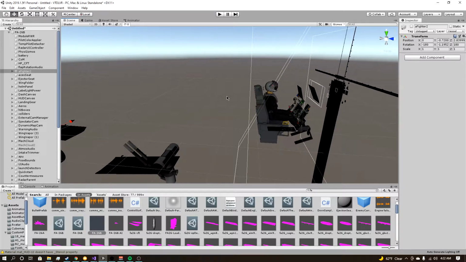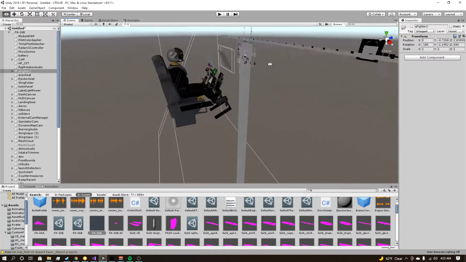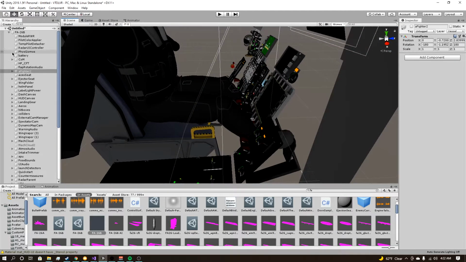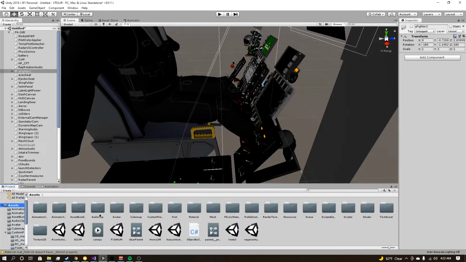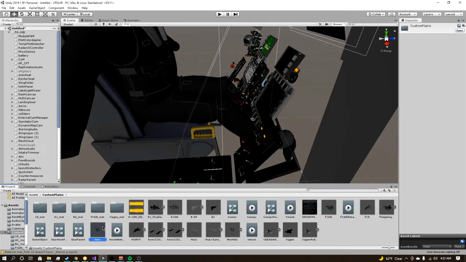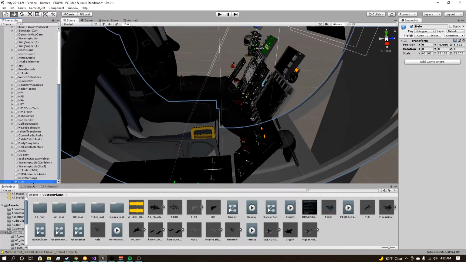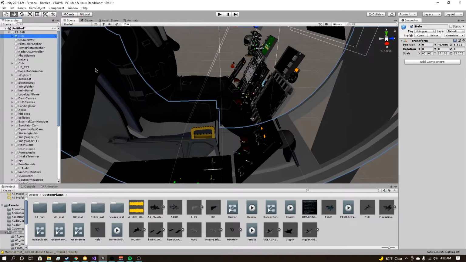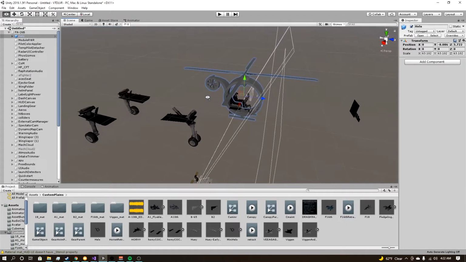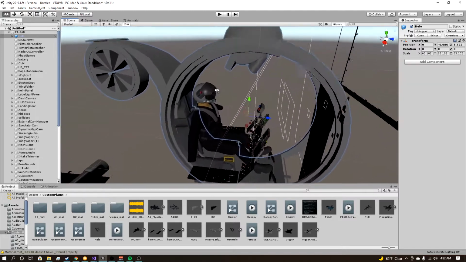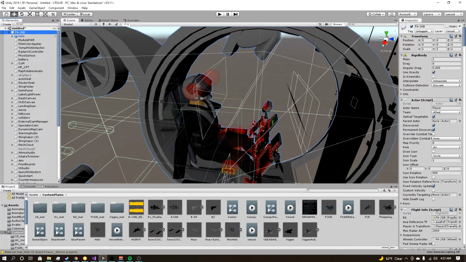In those you don't really need to move unless you need to move them. So what you want to do now is go back to your assets, go to your custom planes, and then drag your helo or your aircraft asset into the hierarchy and parent it to the FA-26B. I move it to the top for ease of access. So then for the FA-26B, you want to, in your